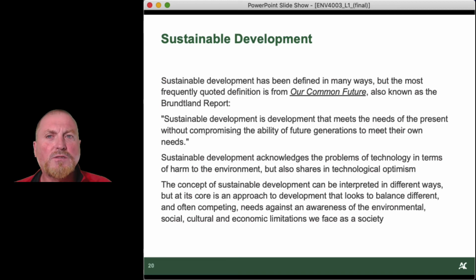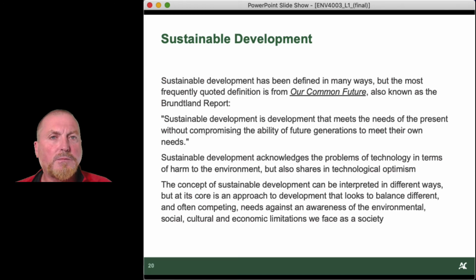Sustainable development acknowledges the problems of technology in terms of harm to the environment, but also shares in technological optimism. We can overcome. We can invent renewable energy. We can make what we're doing sustainable. However, that might be a pipe dream for some ecological economists. It's still to this day the dominant environmental economics paradigm on the environmentalist side of the political spectrum today. Okay,